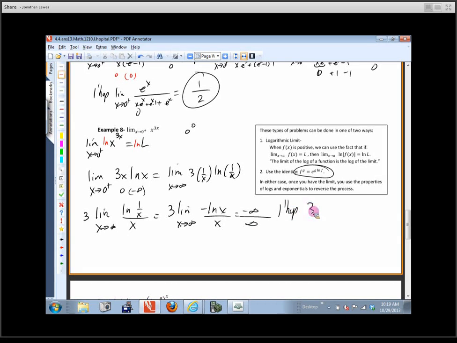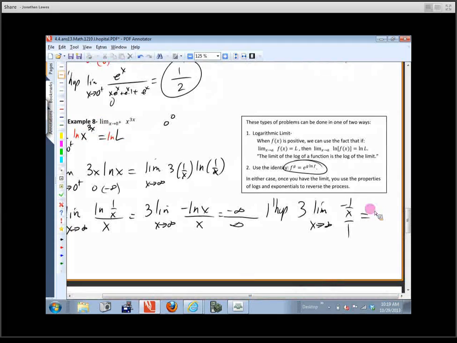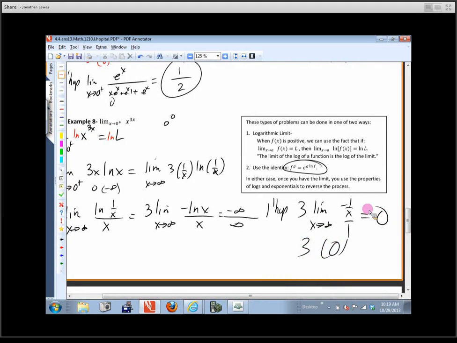And this is 3 times the limit as x goes to infinity of negative 1 over x over 1, which better be the same answer we got before, right? Okay. This is going to turn into 0 times 3, so the answer on this is 0. Okay, now,